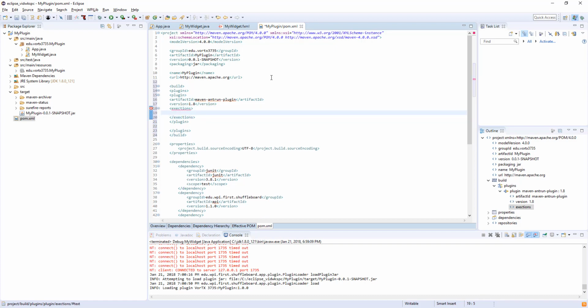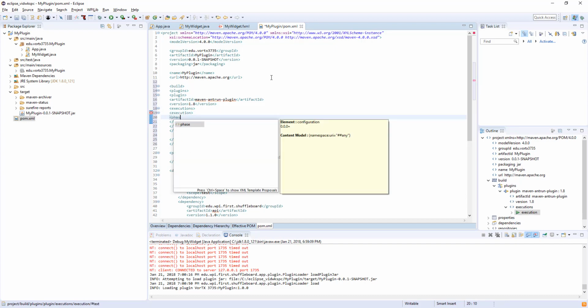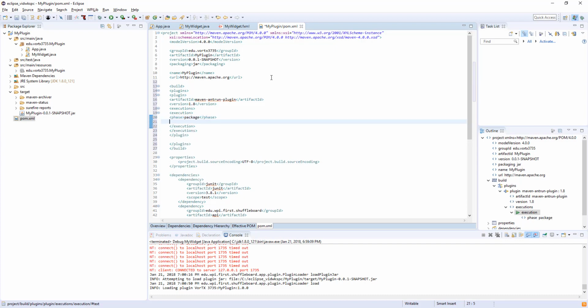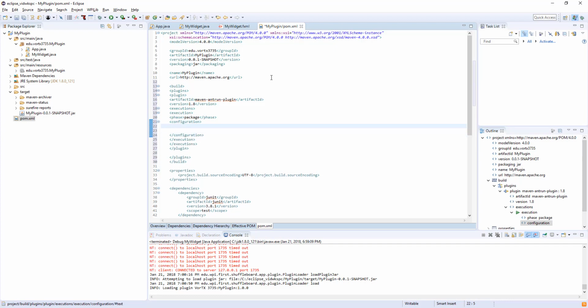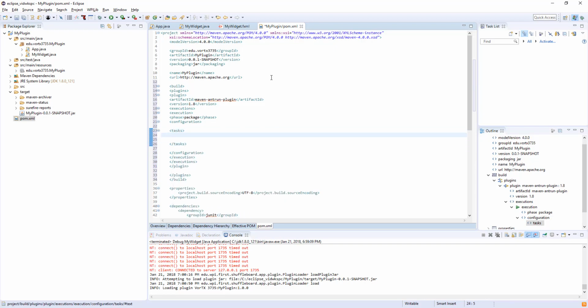I'm just going to go through defining some of the executions here and the configuration. So the execution, of course I spelled executions wrong. I'm going to say phase is package, and configuration, and I'm going to say tasks. So inside tasks is just Apache Ant